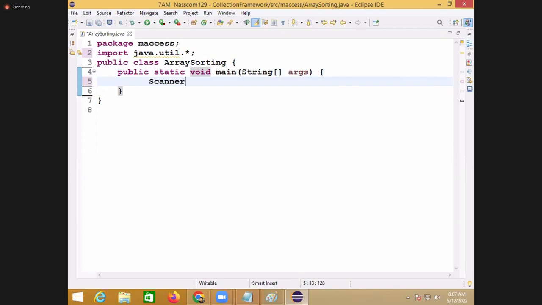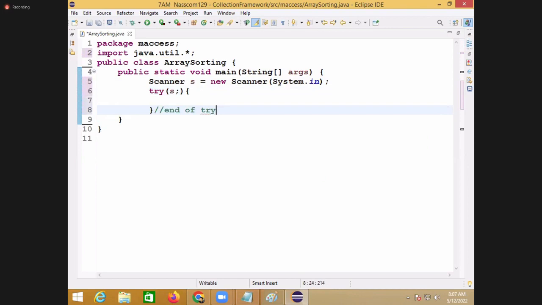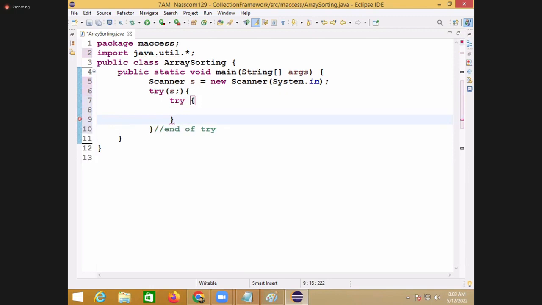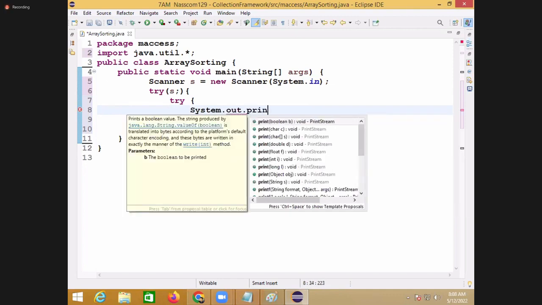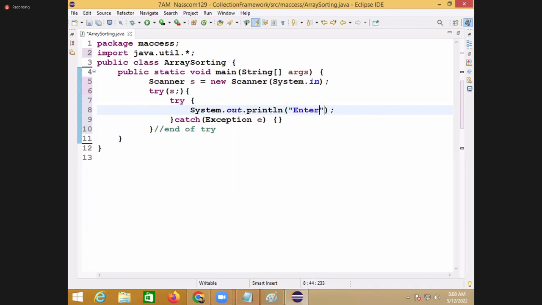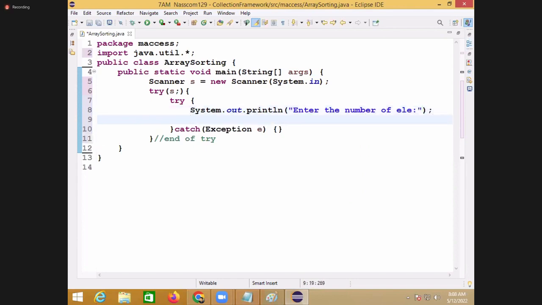Scanner s = new Scanner(System.in); System.out.println("Enter number of elements"); int n = s.nextInt();